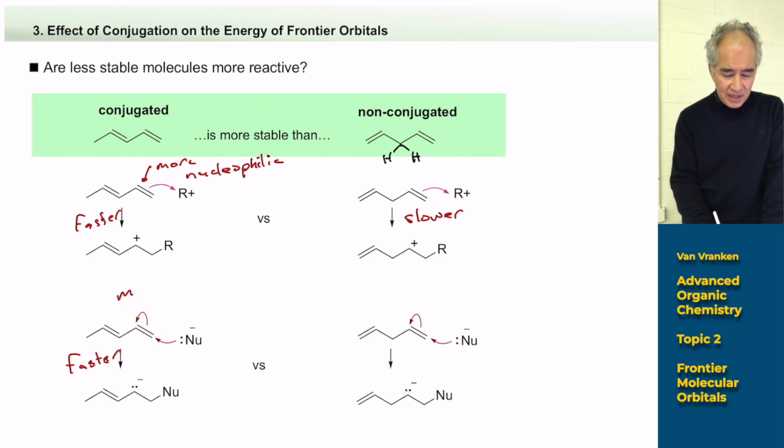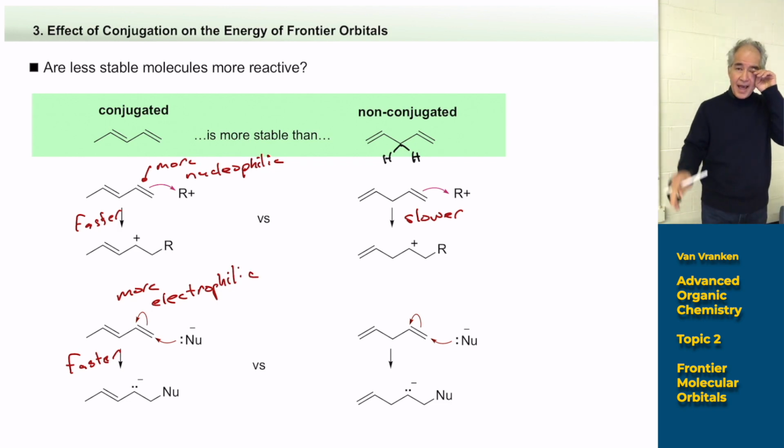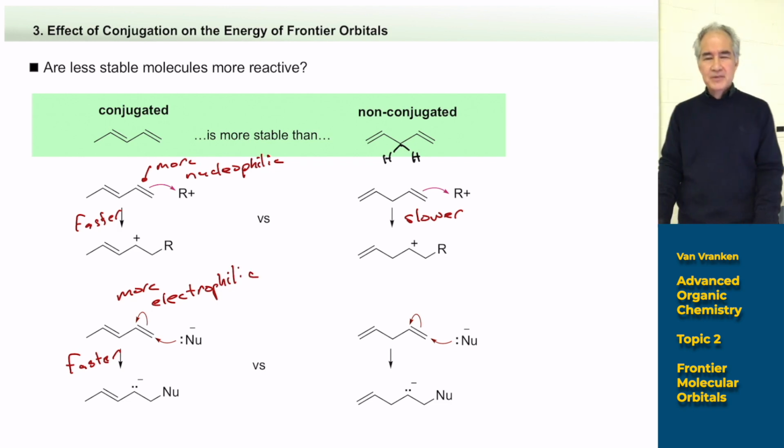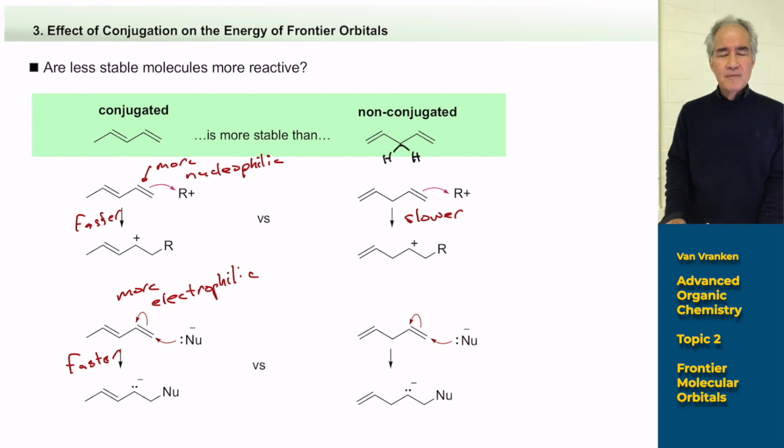It's faster because the diene, the conjugated diene, is more electrophilic. Not because the product is more stable, but because the starting material is more electrophilic. It's easier to add to them. Let's go ahead and depict that, because there's a simple rule we can apply here that extends way beyond this